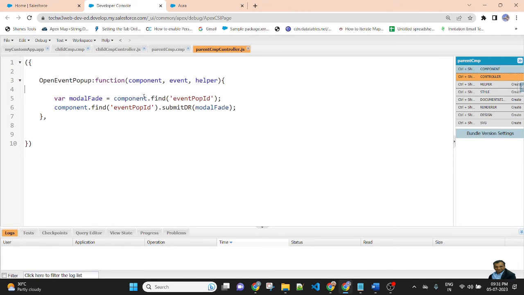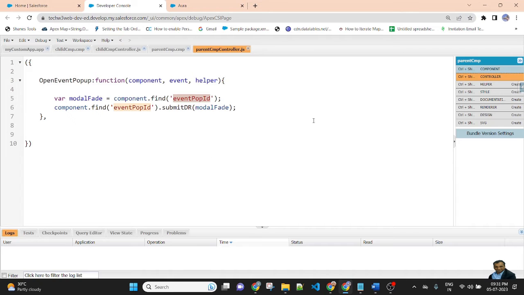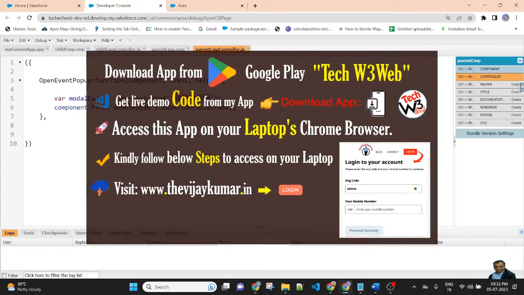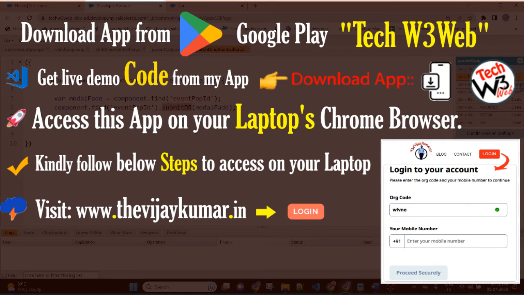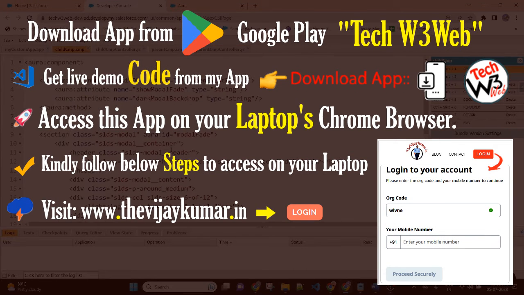First I find the ID of the child component. I create a variable, store the ID in this variable, and then pass the method name. The method name is defined in the child component.